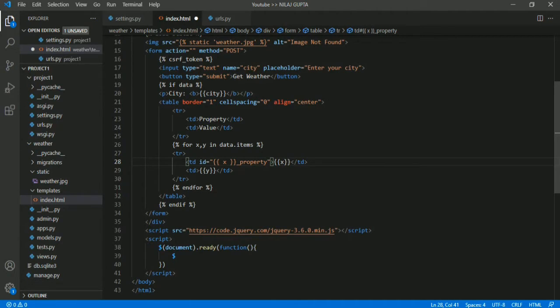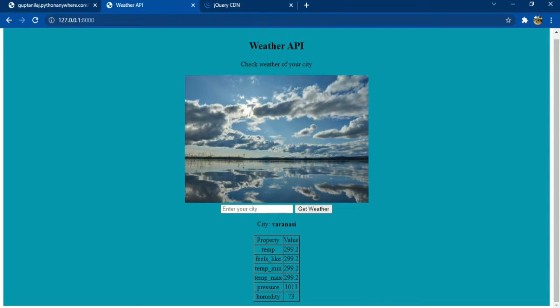We are adding property for the property and value for the value. If I run it now, I will show you.